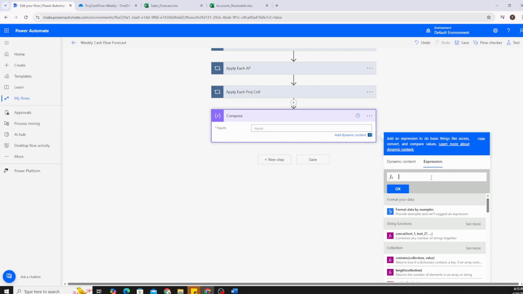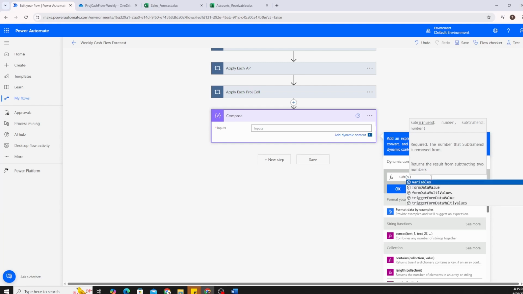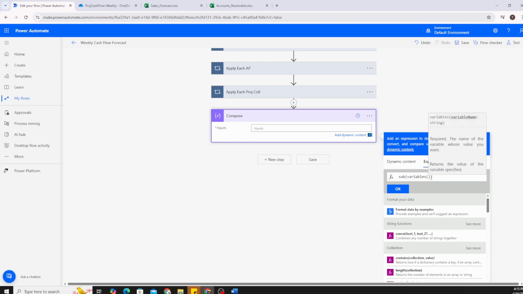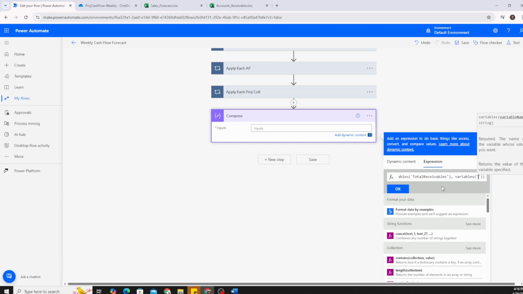The way we do it is we first add sub for subtract, and here we'll call these variables using the variables function. We'll type the name out, since this is always going to be manual. So we say variables, total receivables, and the second subtract amount is variables, and here we'll give total payables. So we subtract total receivables and total payables. And then what we do is we add